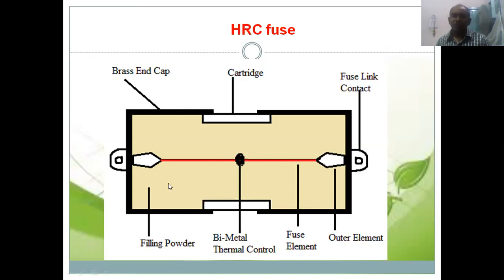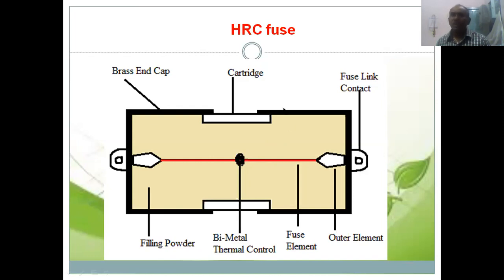Under normal condition, whatever current is entering is passed through this. When any fault occurs here, what will happen? Excess current flows through this element. The element heats up and melts. Once it melts, an open circuit takes place between the input and output. Then an arc will appear. Whenever the arc occurs, the surrounding chalk powder will nullify the extension of this arc. Then no arc comes out of this glass link or the metallic body.